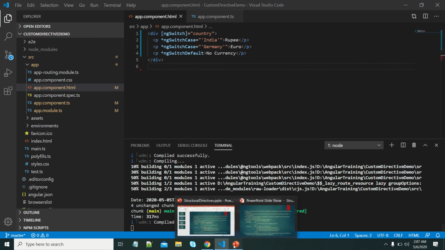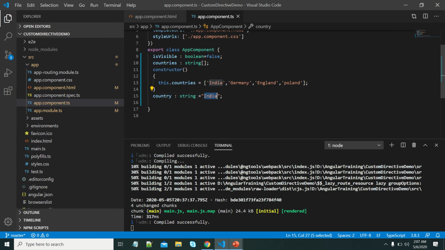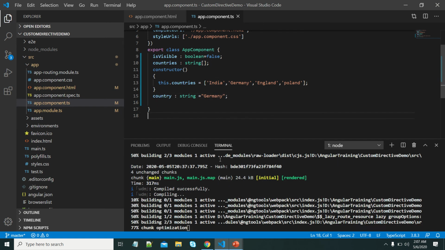Now let us see the output. Yeah, we passed India, that's why it is displaying the rupee. Let me modify this by passing Germany. We can see the euro.